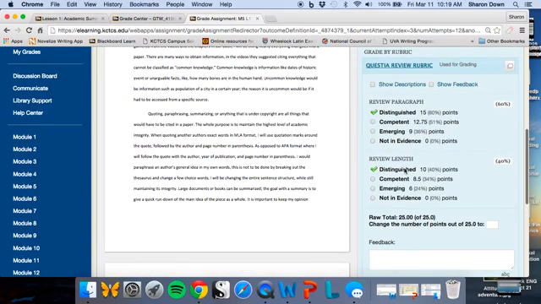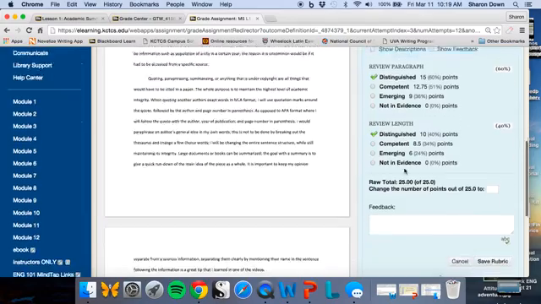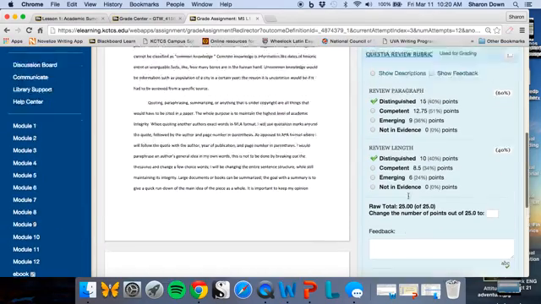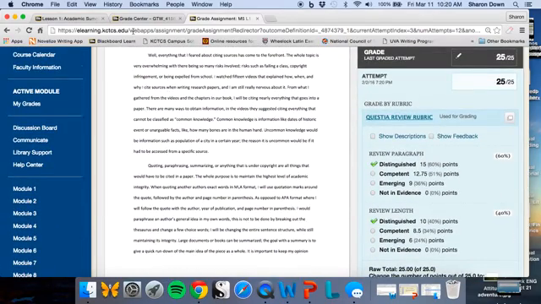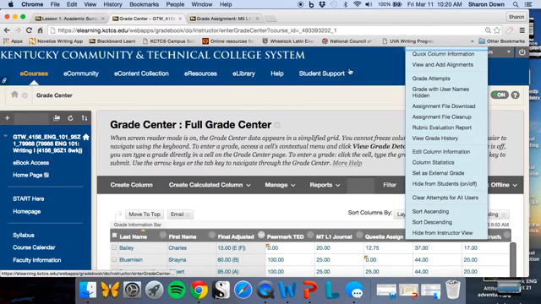As you see here, distinguished and distinguished. My general feeling for all of these rubrics is that if they do at least the minimum required, they're going to get competent, which is about a B. If they go over and above, or they're particularly thoughtful and are showing you that they're really engaged, that's when I bump them up to distinguished. So that's how I do those. So this is what these rubrics look like. If I go over to Module 7